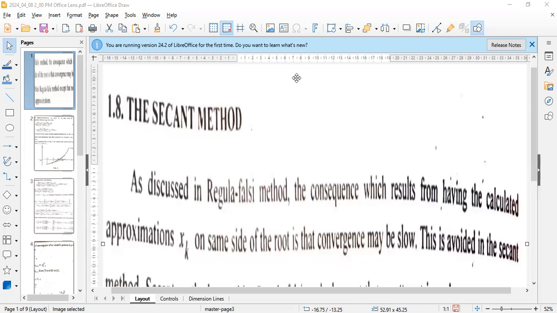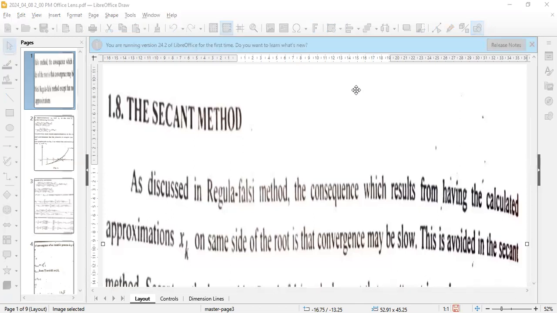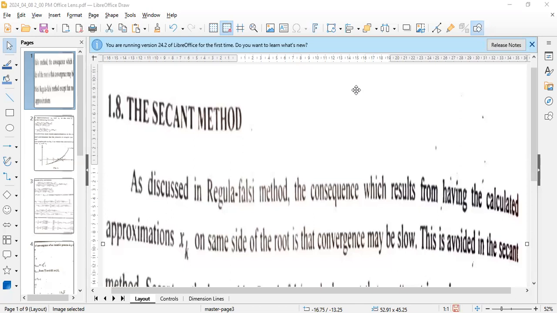Okay, then today we will discuss the secant method. As you know, we have discussed this. The secant method, as we discussed,